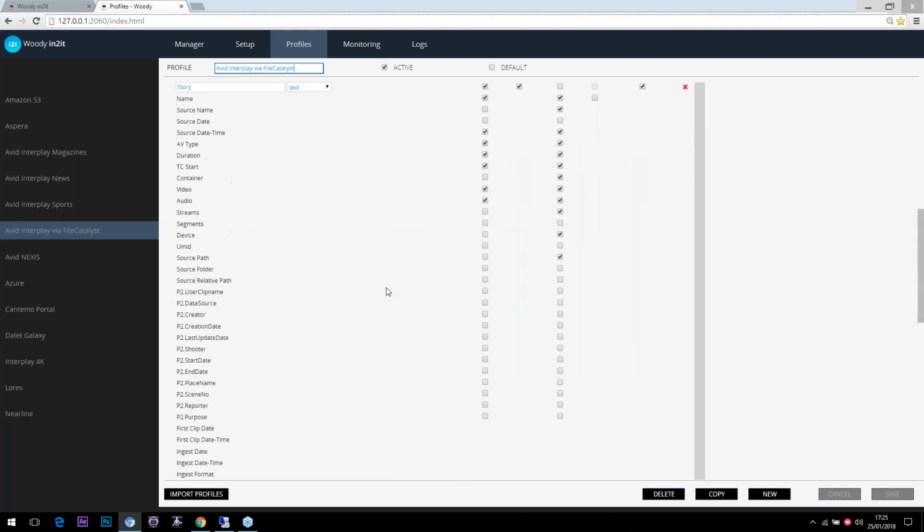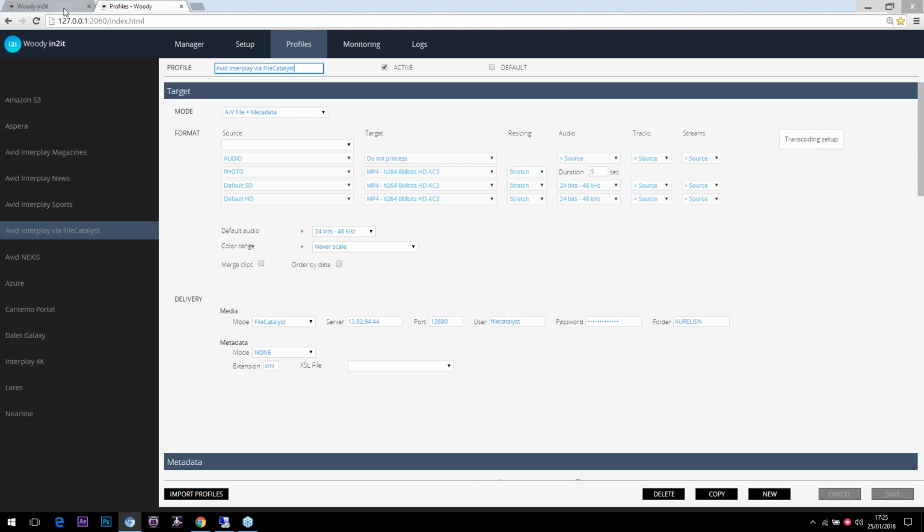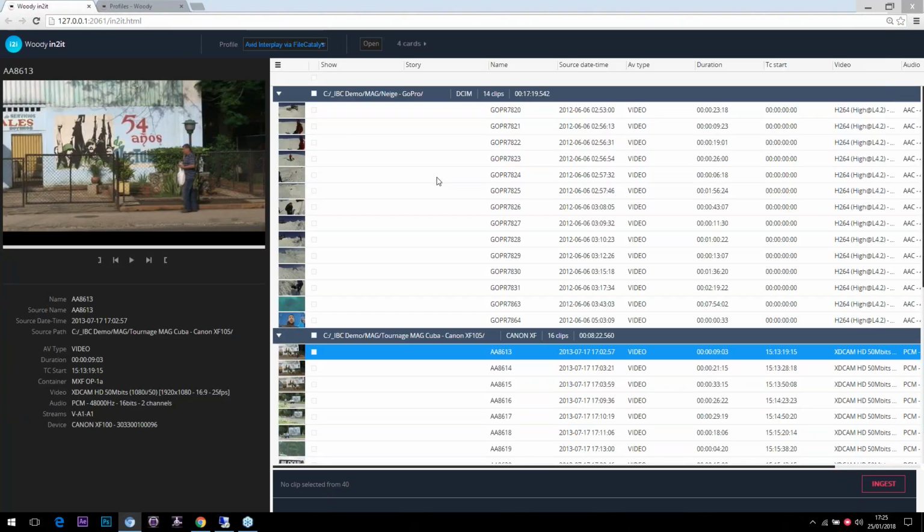As you can see, there are a lot of technical settings here, but if we go back to the user interface, we just have the preview, the selection of the clips, and here we have the mandatory fields that are circled in red to tell the user that he has to put something here. And if he doesn't, the ingest will not start. So here we have been asked to say which show this footage is for and what the story is. Cuba Travelers,